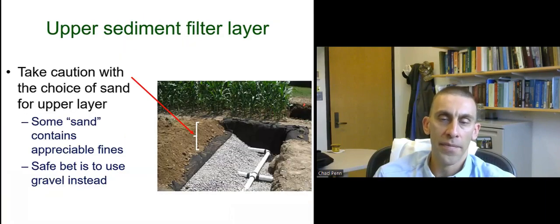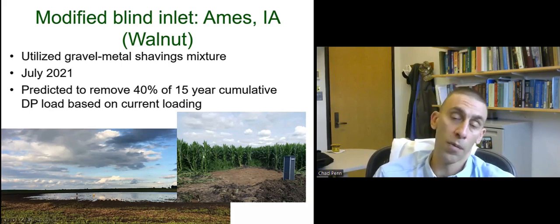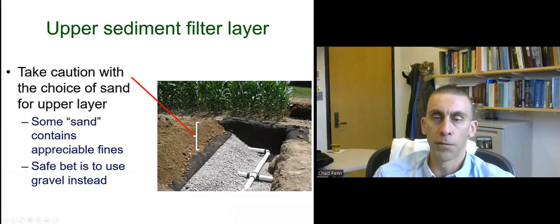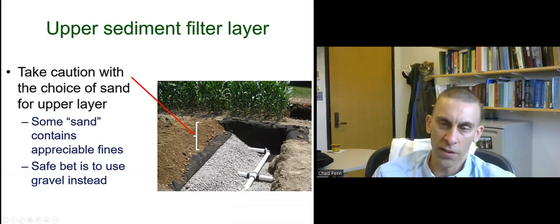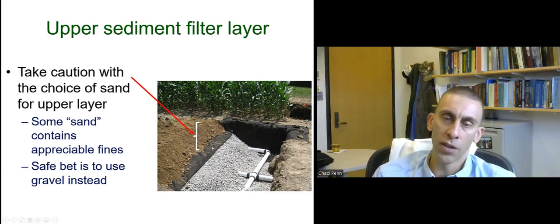However, recently, there was a problem with clogging. And what happened was that we think, it's being investigated right now, but this has happened before in Maryland with a couple of structures, a couple of blind inlets. It happens with the choice of sand that's used as the cap of the blind inlet. So, look at the anatomy of the blind inlet. You've got your perforated pipe at the bottom that's connected to your tile drain, backfilled with your gravel mixed with your PSM, and then you have a geotextile layer that helps keep sediment out of the system, and that's backfilled on top with a layer of